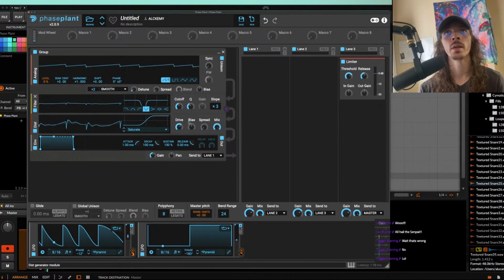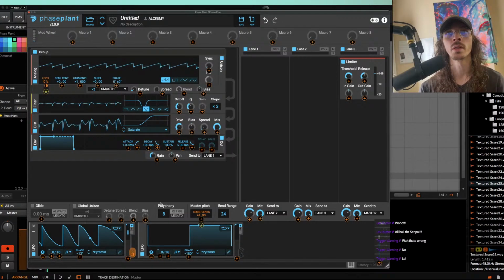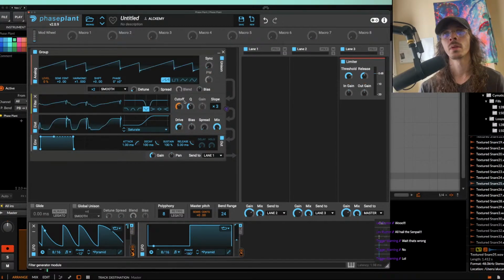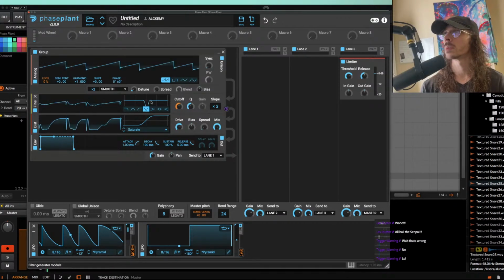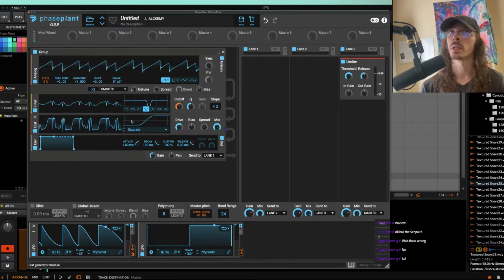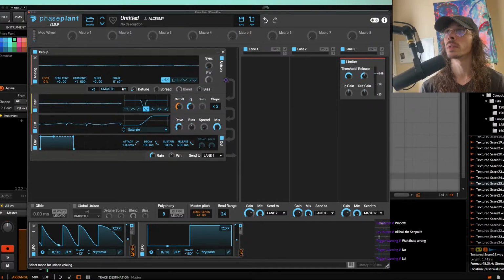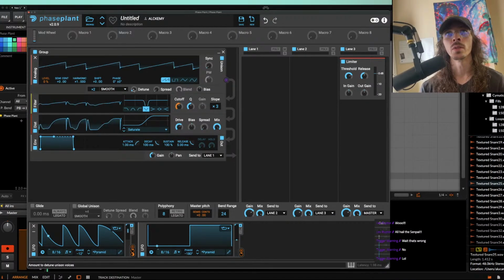So it's not about how do I create the monster sounds. That's probably the biggest piece of advice I can give you. It's not about how do I create the most crazy fucking neuro sound. It's about how do I make something that's going to sound interesting while having good low end, which for this in particular, because the detuning is so small, you can still use this as a sub,